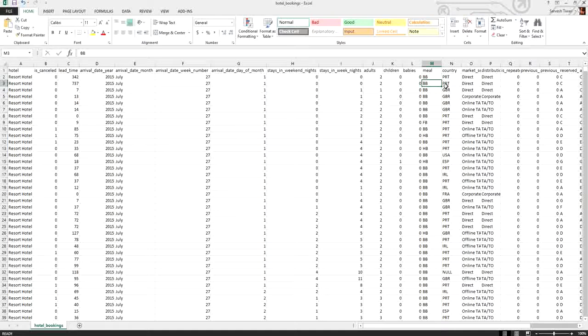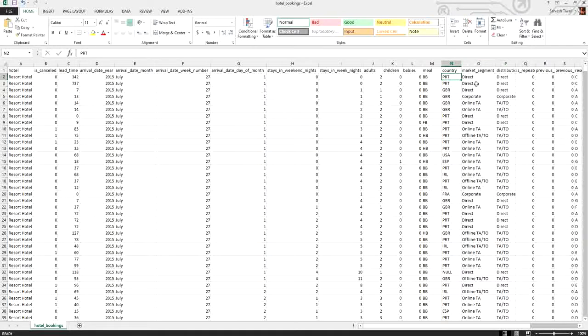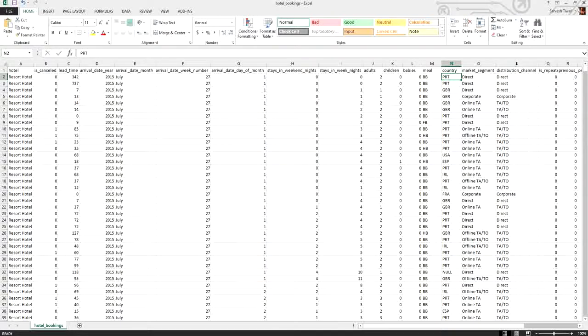This column is basically describing the type of the meal. Okay. In the next column, there is country. Here various countries are written in short form, and in this column it is the market segment, whether the user has arrived at the specific hotel via direct or some other sources.